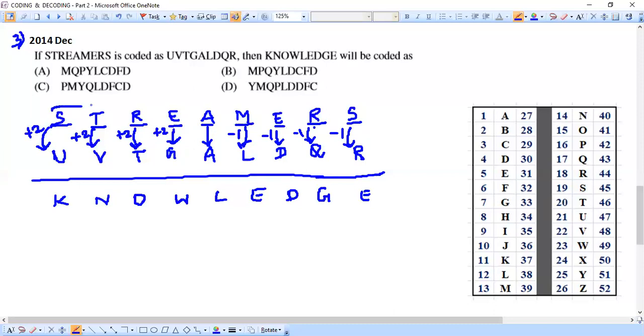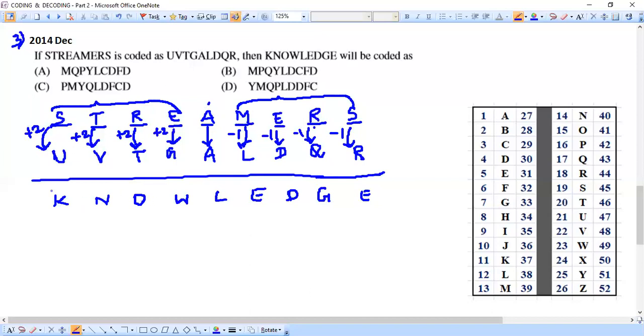See here, for the first 4 letters, they form a uniform pattern like +2, +2, +2, +2. And if you see the last 4 letters also, they are forming a uniform pattern like -1, -1, -1, -1. And the middlemost letter A, they are leaving as it is. Is the point clear? So this is how the coding is done in this question. A little different question we are getting for the first time here, but at the same time it's interesting also. So I think this problem is very clear to you. First 4 letters they are doing +2, last 4 letters they are doing -1, and the middle letter they are leaving as it is. I mean, they are just putting the same letter here for the code also. So let's do the same thing for our given word also.